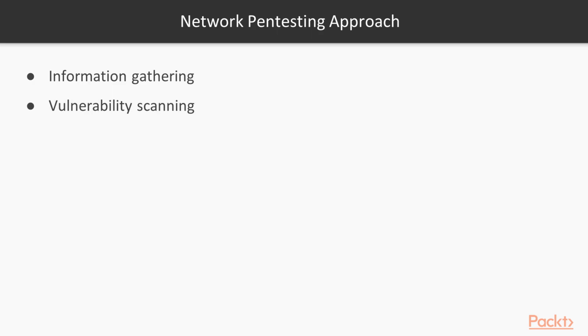Next is vulnerability scanning. Now you need to scan the vulnerabilities or loopholes available inside your network. There are various tools available in the industry that you can use to perform vulnerability scanning. For example, we are going to use the Nessus vulnerability scanner later in the videos to gather information about the vulnerabilities. Next is exploitation. In exploitation, you need to perform penetration testing. You already have a list of vulnerabilities. Now you just need to exploit those vulnerabilities and confirm that they are available inside your network.